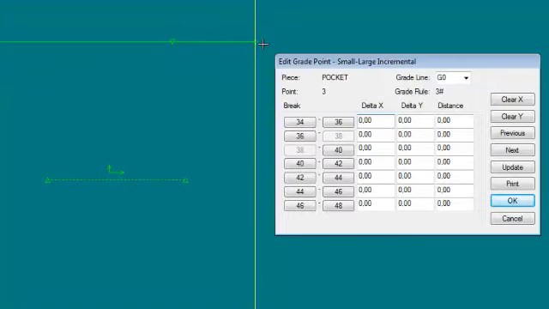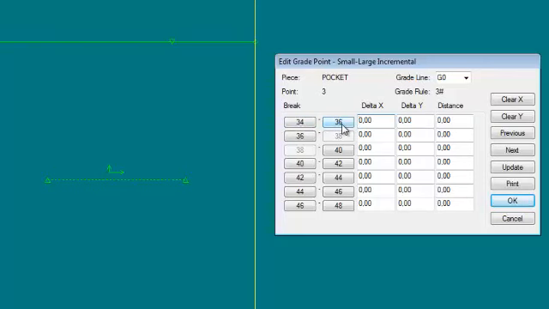And the following window appears. I can see all my sizes that I have defined in the rule table from 34 to 48, and the base size is in this gray shade, so you can see which one is the base size. By default, the grading is 0 between all the sizes. Be aware that the lines are covering between sizes, so this first line, for instance, is the grading from size